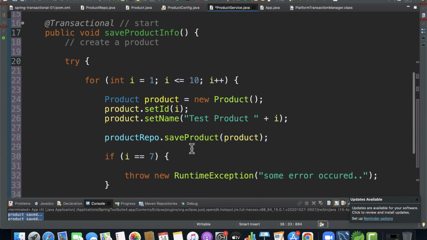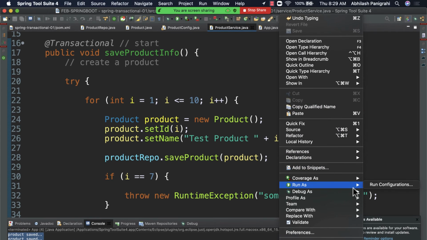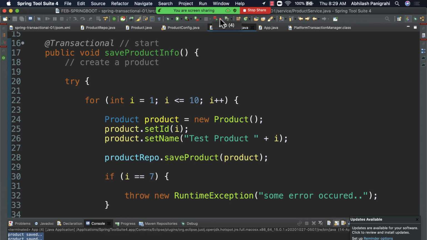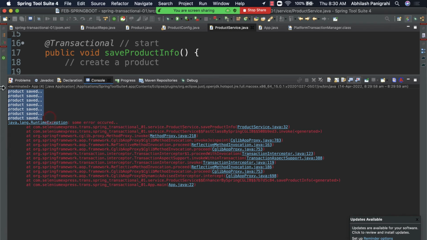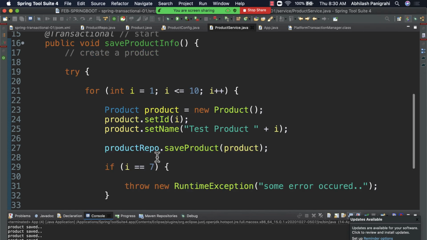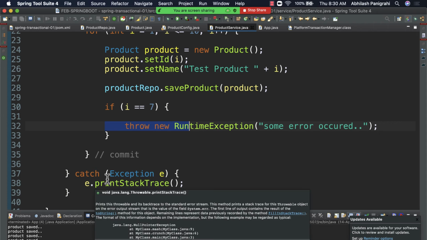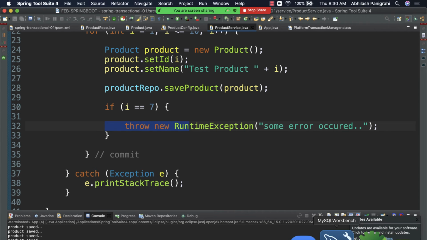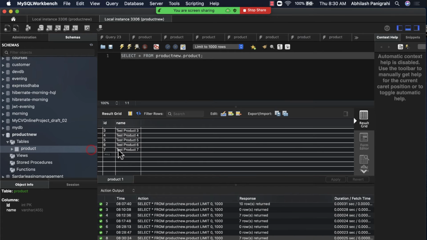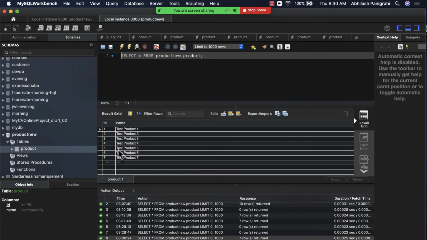Now in this case, what will happen? Will the transaction work? Let's see. Do a right click, relaunch the program, click on this relaunch button, relaunch your application. Now again, the 7 records have been inserted. Some error has occurred, and we are printing the stack trace over here. But remember that we have handled the exception right here. We have written the try and catch block, and obviously our exception will be thrown over here, so it will come to the catch block. Let's see what is going to happen. If we go over here and do a run, look at that, 7 records have been inserted,